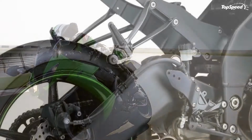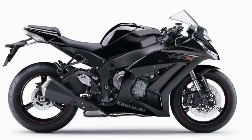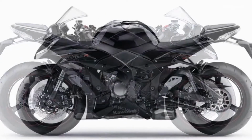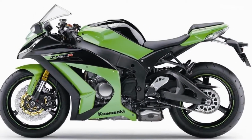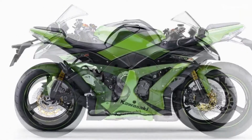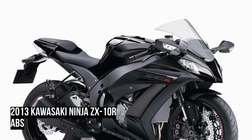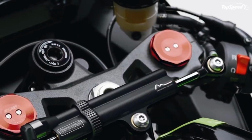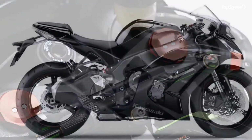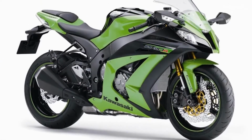The final piece of the ZX-10R's power production formula is a race-spec exhaust system featuring a titanium header assembly, hydroformed collectors, a large volume pre-chamber containing 2 catalyzers and a highly compact silencer. Due to the header's race-spec design, riders and racers looking for more closed-course performance need only replace the slip-on muffler assembly. With the engine producing a massive quantity of usable and controllable power,